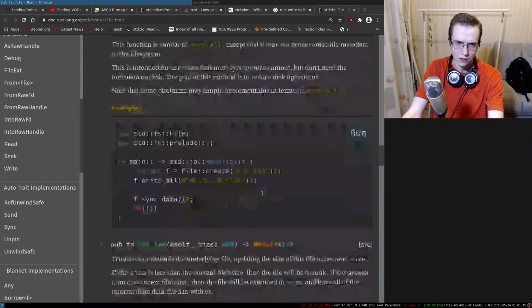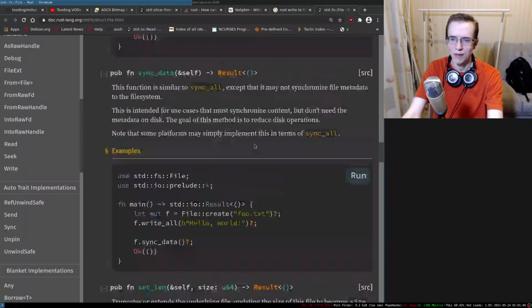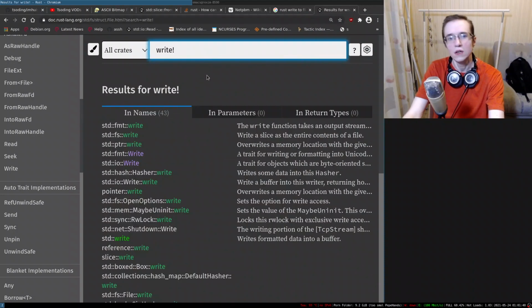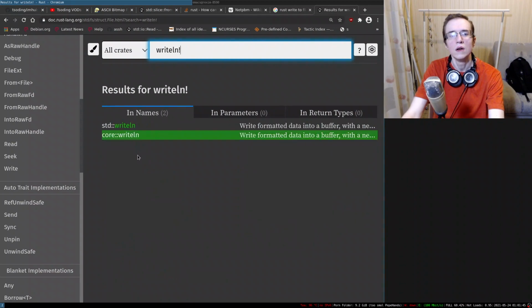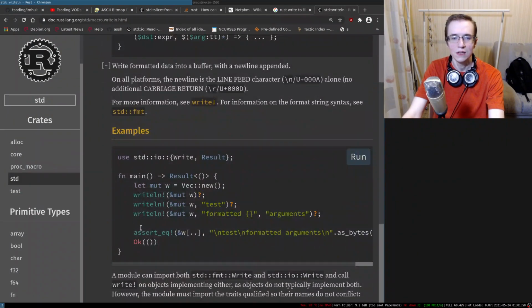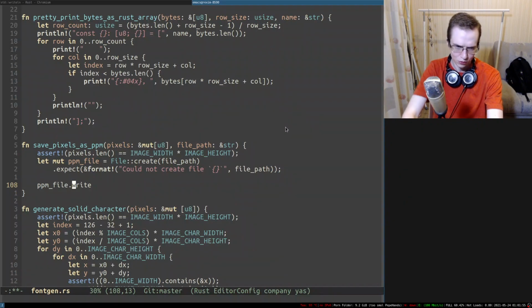I do not understand. Can I just use the write macro? I remember there was a write macro in Rust. Can I use it, or writeln maybe? Yeah, there was a writeln macro, and it probably expects something that is writable, right? So I should be able to do something like